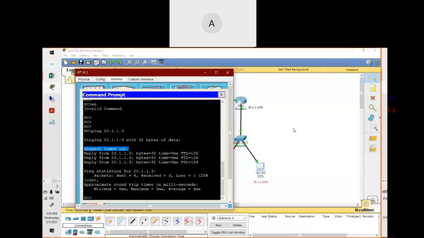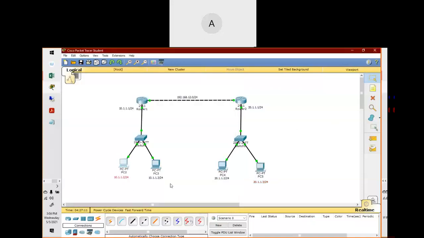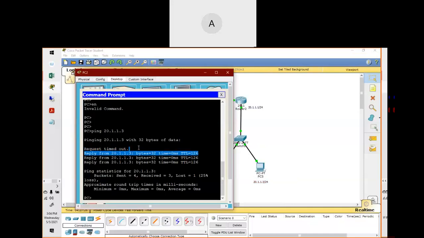Because this PC doesn't have any MAC address for this PC. So basically, the first packet got broadcasted and it comes back with the reply of this PC's MAC address. Then the next packet would be generated and it got resolved.